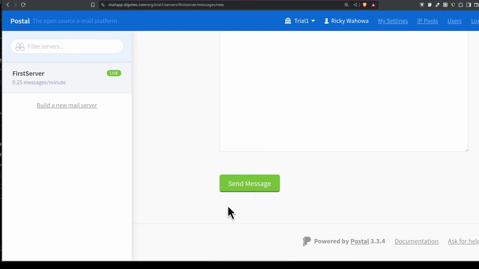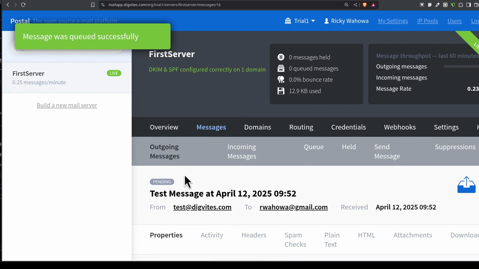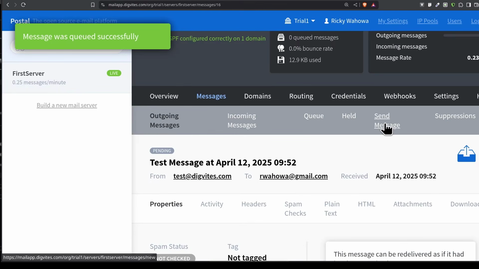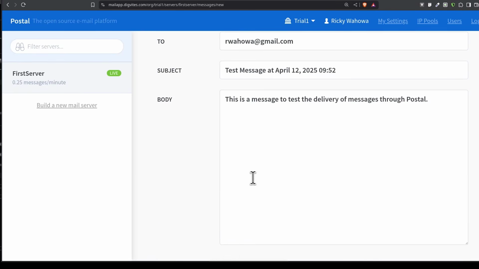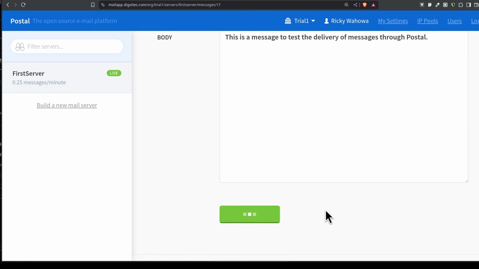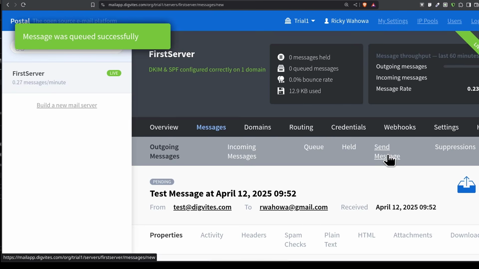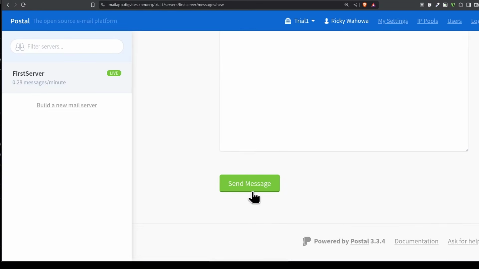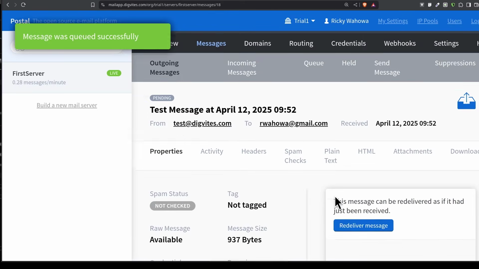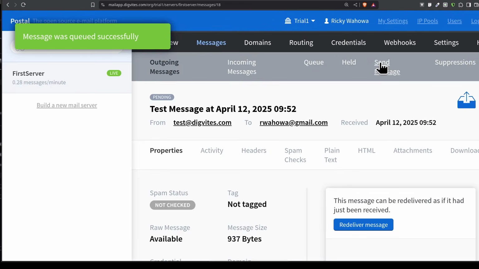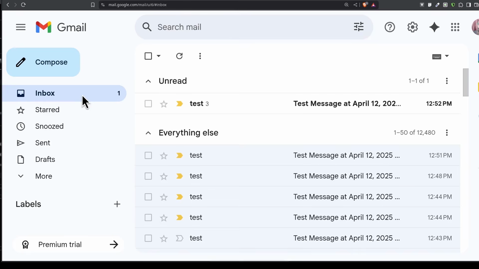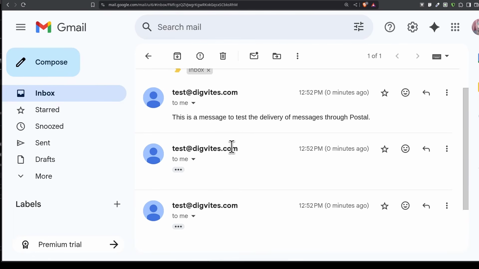I'm just going to send to the same email address to see if it's going to, so I have 3.